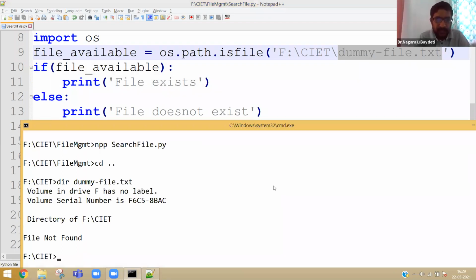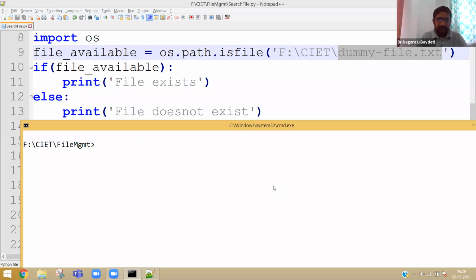See, the file is not available. So this is a manual way of searching whether the file is there. Now we will try to search in the program itself. Purposefully, we are searching a file which is not available. Now you see, it says file does not exist. Why? Because it's not available.